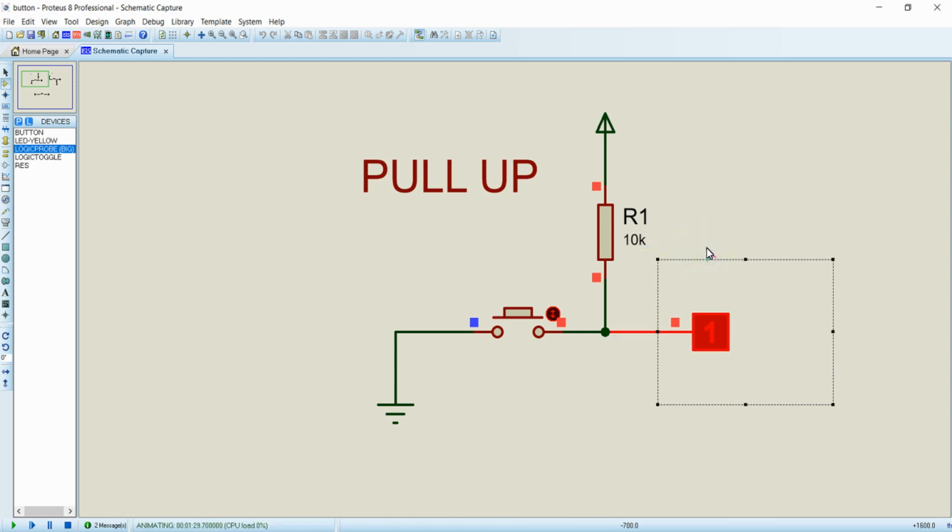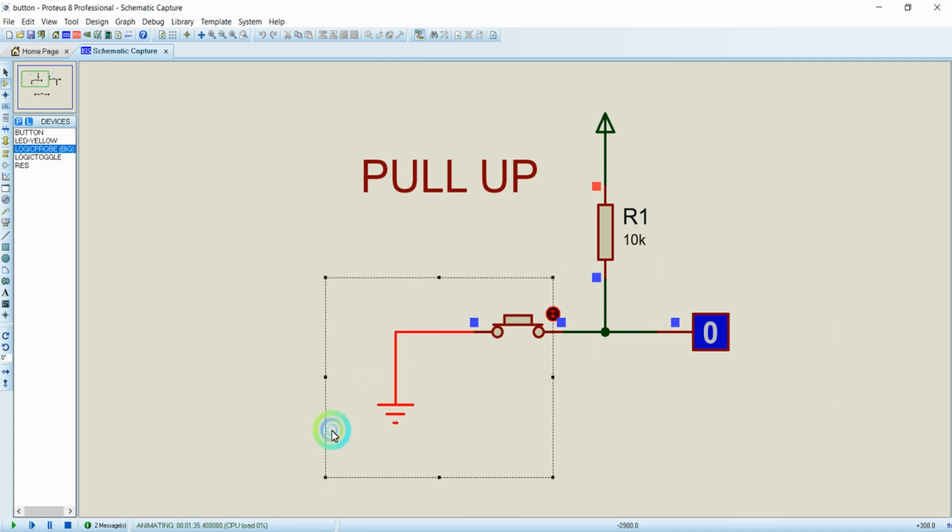So the Node MCU GPIO pin will be in a high state when the button is not pressed, and when I press this button, the resistance of this path is much reduced, so the current that was flowing from here to here initially now flows from here to the ground, making this GPIO pin low.